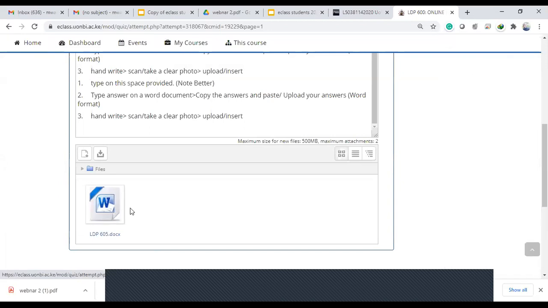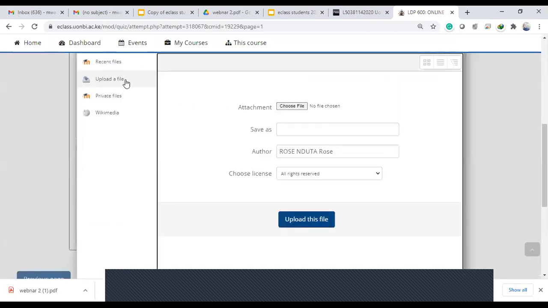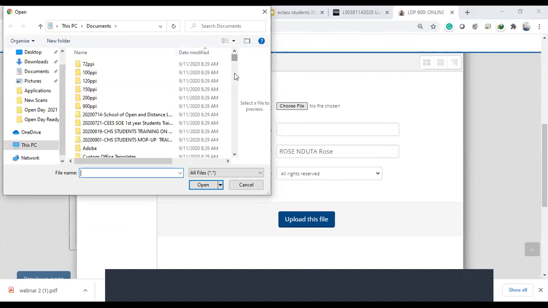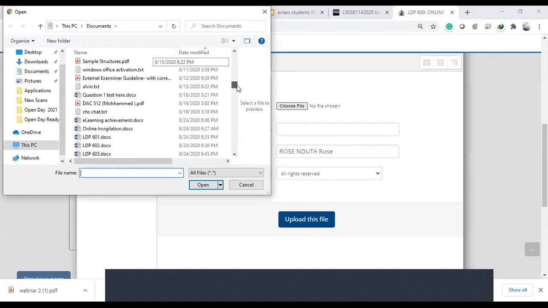So allow me to do it for the second time. I'll click on this add file up here. I'll go to upload a file. Then to the right, I want to choose an attachment. So I'll click on attachment. Then I want to look for another document in here. And this time I'll pick a